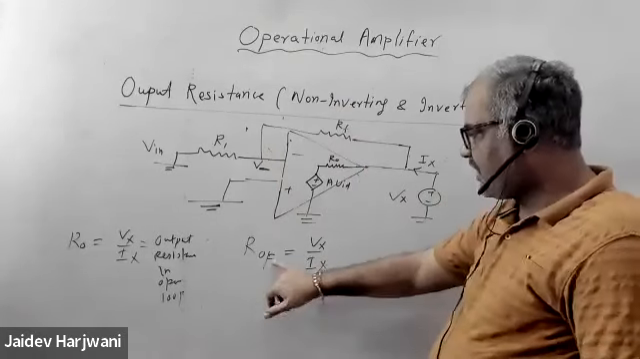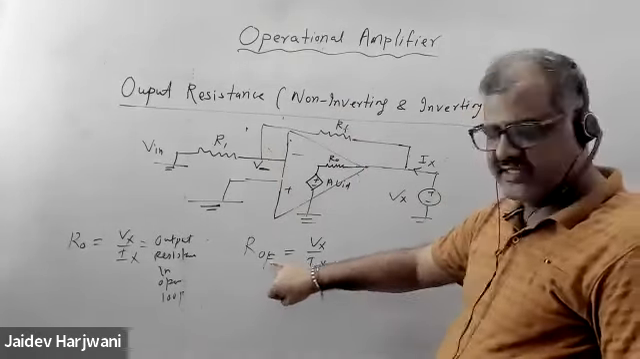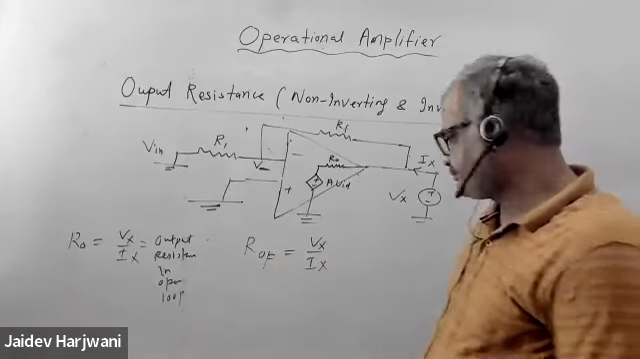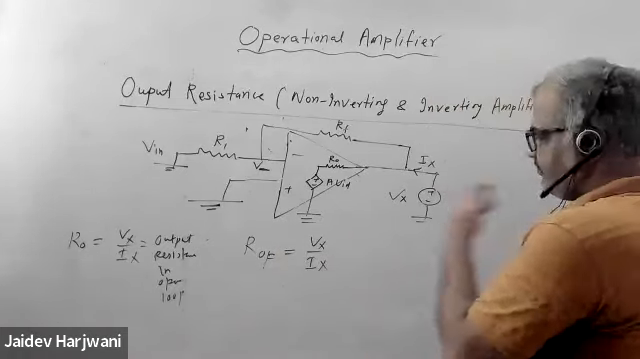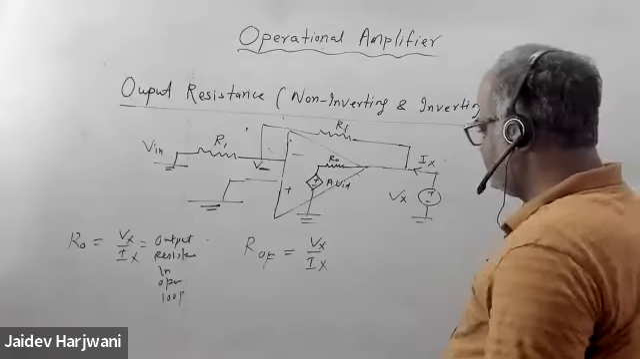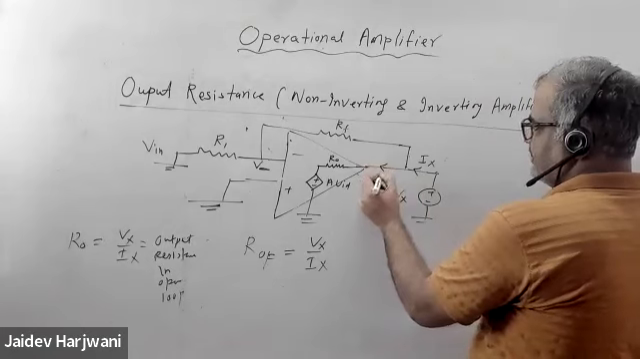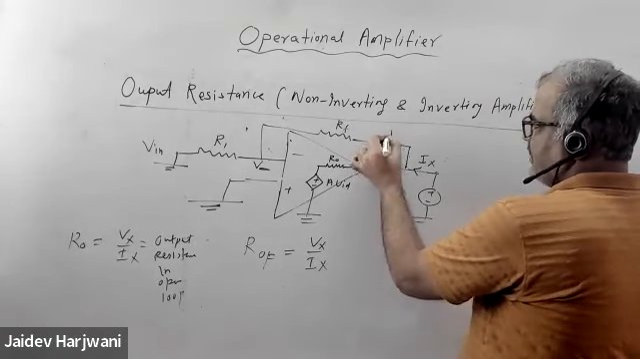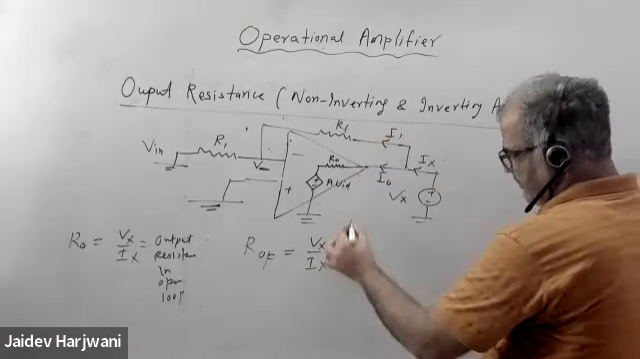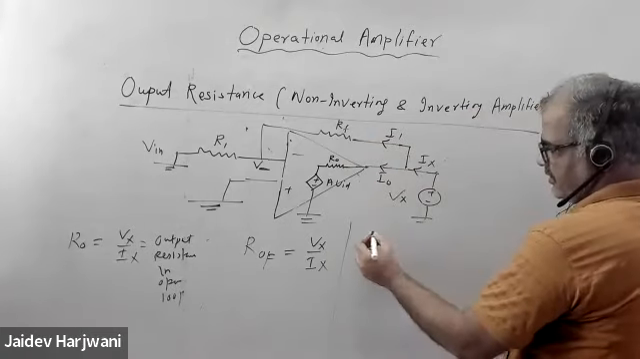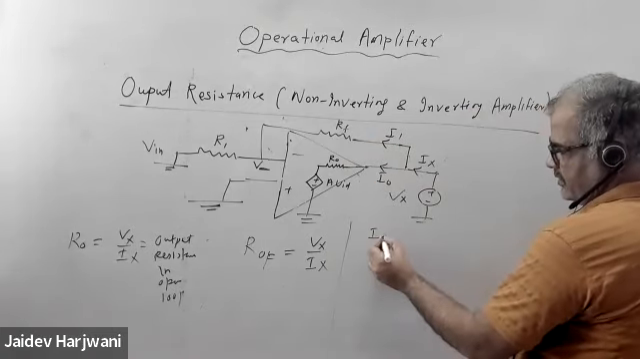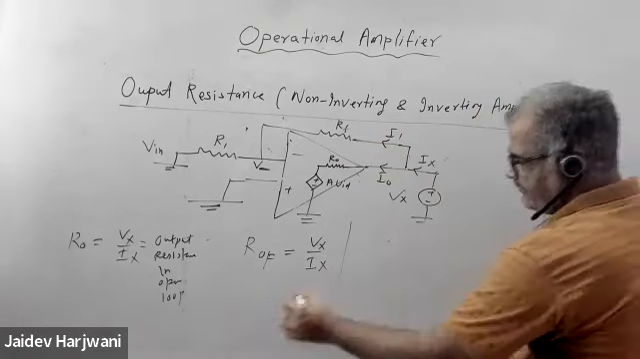Okay, this is R of, meaning the output resistance with feedback. Now let us calculate Vx and Ix. So first let me calculate what is Ix. Say this current is I naught, and say this current is I1. Let me first calculate the current I naught. So Ix equals